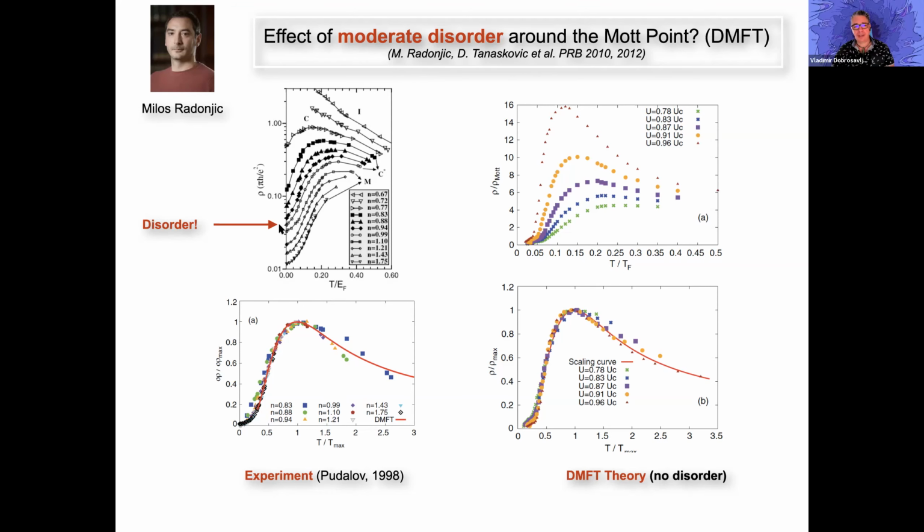So what I want to say is that even though there is some disorder in the system, these are high mobility MOSFETs, which were difficult to make. In fact, before they were fabricated in Russia first, and then at IBM, people didn't really believe that there is such a transition. But now we believe that this is something closely related to the Mott transition, maybe not exactly a Mott transition, but very close to it.